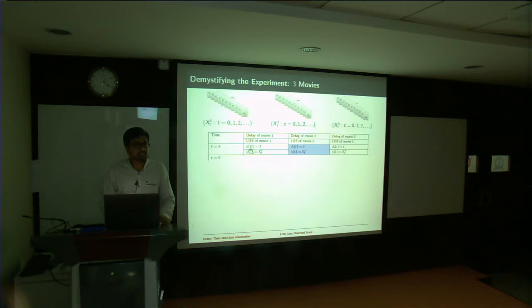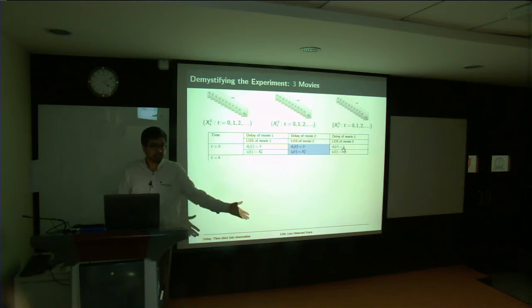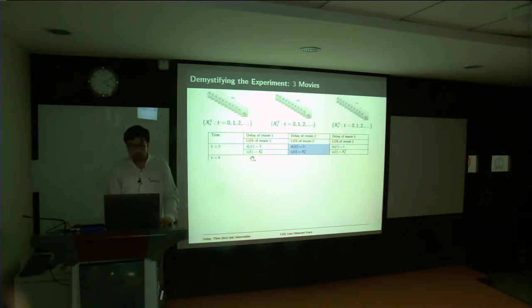What I call delay is how far back in time, how many time instants back, did you observe movie 1? It was 3 time instants back, correct? It was only at time 0. Movie 2, you observed it 2 time instants back, at time t equal to 1. Movie 3, you observed it 1 time instant back, just the previous time instant. And whatever you had collected was the last observed state of that. So this is whatever you had collected at time 0 on movie 1, at time 1 on movie 2, and at time 2 on movie 3.